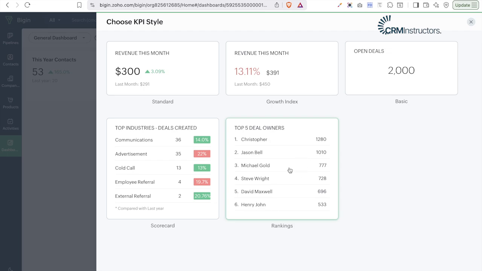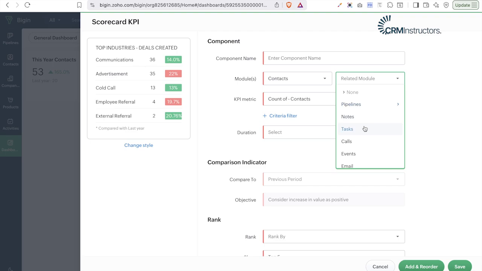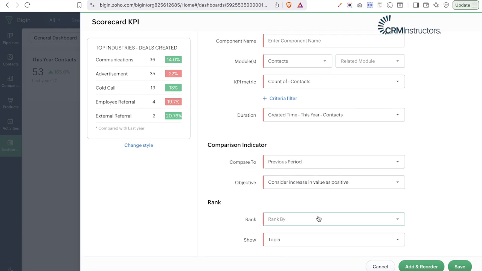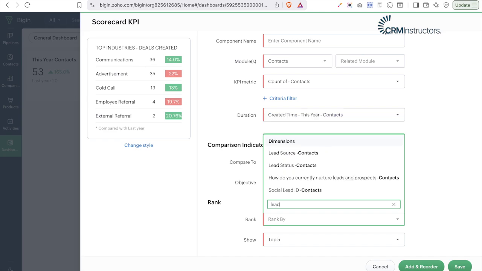And let's say we want to add in maybe the top deal owners, or check in for the top industries that we have. So let's say we want to create this for contacts, and we want to check in for a related module. So you can add in whatever related module you want. But let's say the duration should be created time is this year, and we want to rank this by a particular field that we have in the Begin. So let's say we want to use the lead status for instance, and instead you can also use lead source,